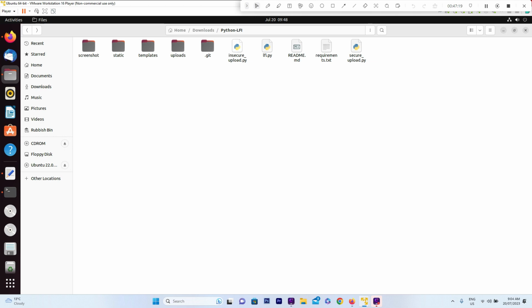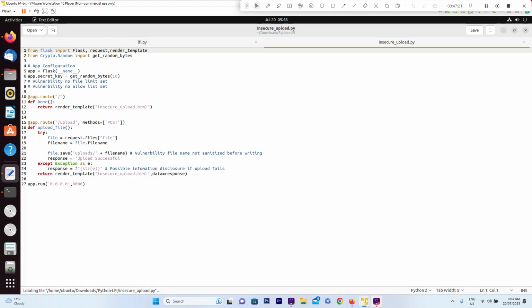So the next one we're going to have a look at is the insecure upload.py, and this one's a little bit more complicated. So I've just noted down some configuration issues that weren't set. For instance, no file limit was set, so you could upload a file as big as you want. So it could be a 10 gig file. If you're uploading multiple 10 gig files, obviously that's going to consume disk space, and it could cause a denial of service attack on the web application, or it could just fail because it doesn't have enough